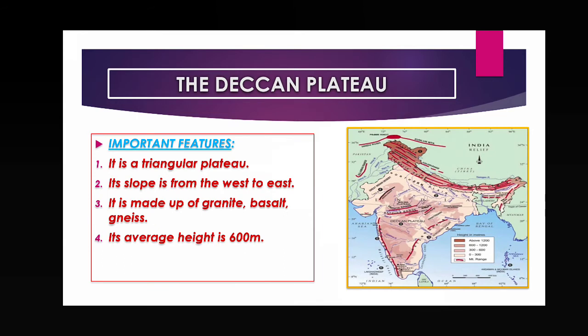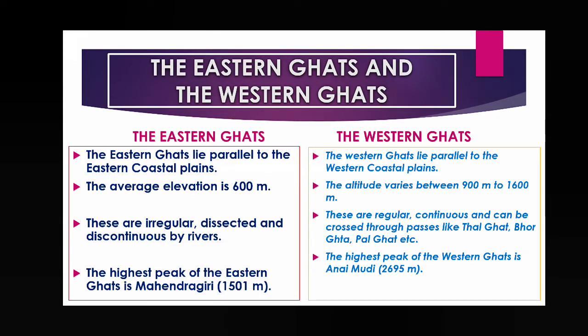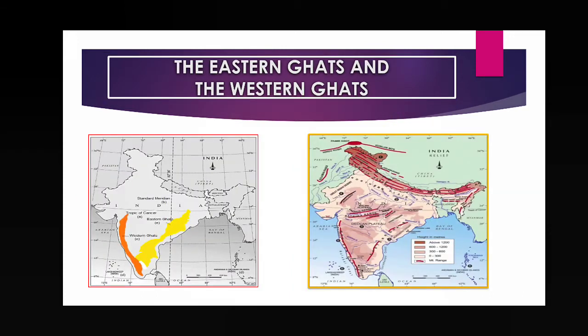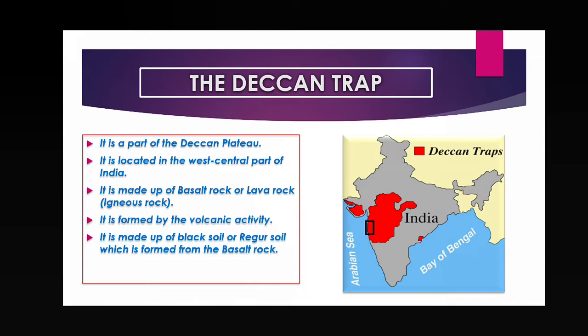And also we discussed the Eastern Ghats and the Western Ghats. The Eastern Ghat is located on the eastern edge of the peninsular plateau, and the Western Ghat is located on the western side of the peninsular plateau. This we already discussed. And also we discussed the Deccan Trap. The Deccan Trap is the part of the Deccan Plateau which was formed due to the deposition of lava. That means it is related to volcanic eruption, and that's why lava soil and lava rock are formed, and that's why black soil is found here. That type of thing we also discussed here.